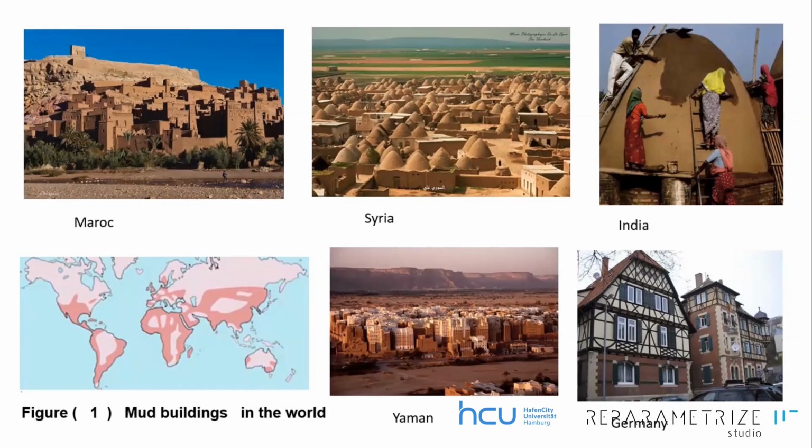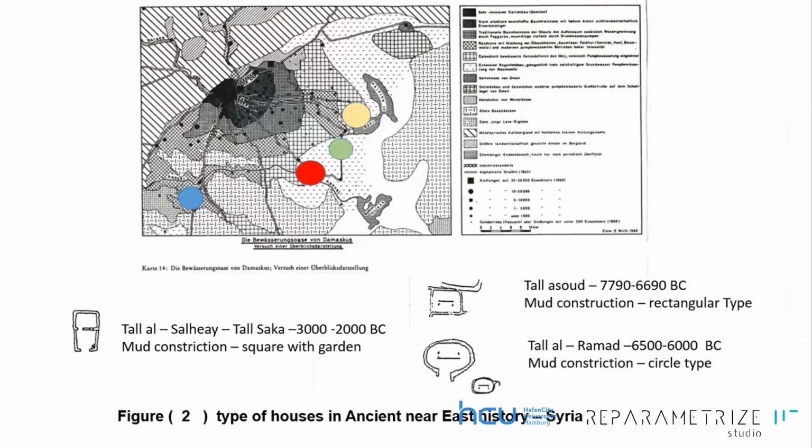When we are talking about this traditional construction, we are talking about Damascus. It goes back to the ancient Near East history, and it was discovered in about 4 hills around Damascus, about 20 kilometers from the center of Damascus. It dates back to 7,719 to 6,060 BC. So we can find 3 types of mud construction buildings: the circular one, the rectangular, and the square